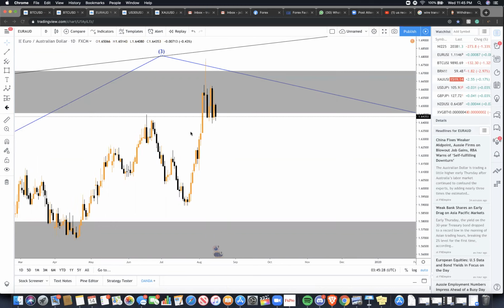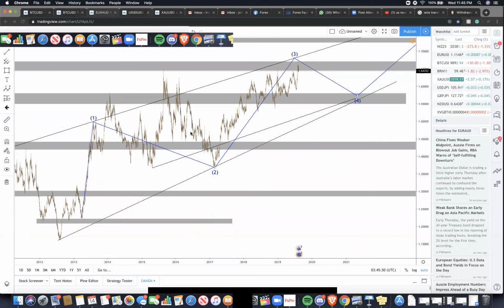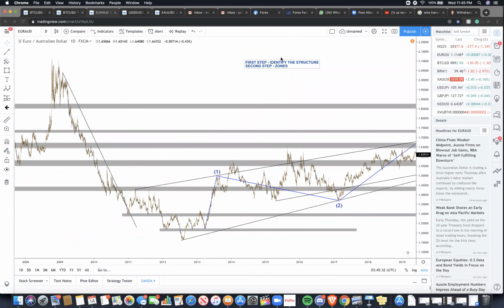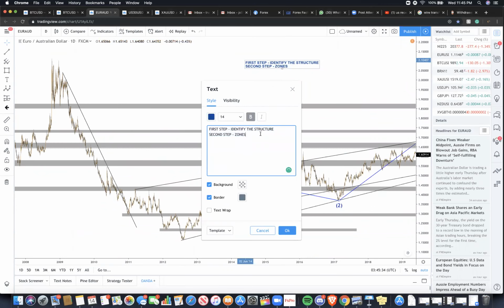Perfect. So again, we discussed the first step: identifying the structure. Second step, identifying the zones. Third step,